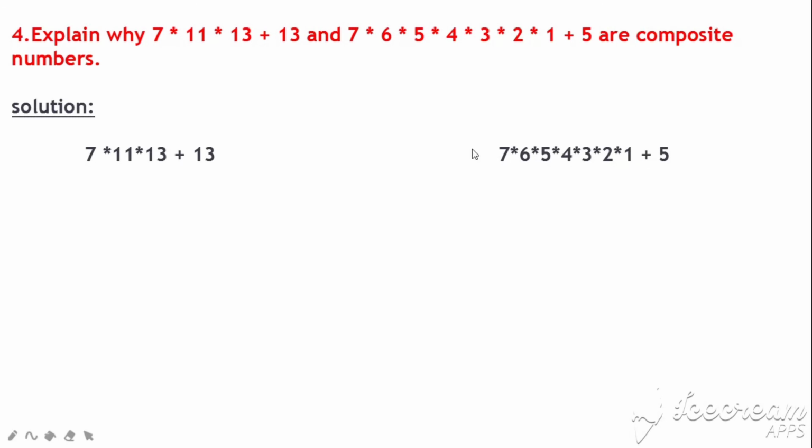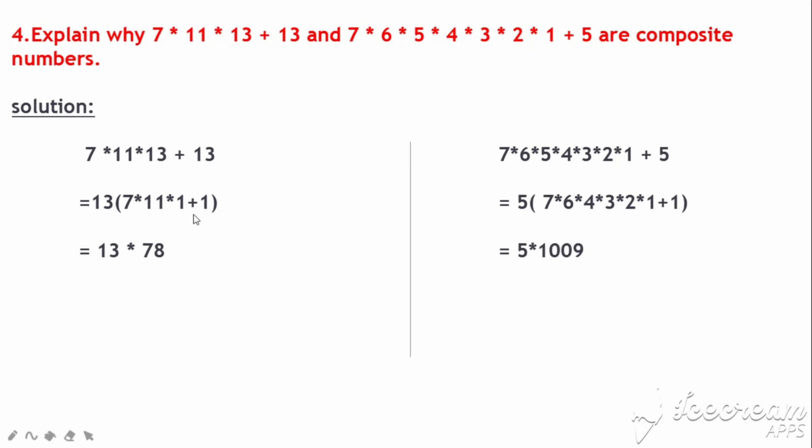I have taken these two numbers separately, and I took 13 common from this number because here it is a multiplication operator and a plus operator. So you can take 13 common. When I take 13 common, I get the equation like this. On the other hand, when I take 5 common, I get the equation like this. Now I multiply and add all the numbers here, and in a similar way, I multiply and add all the numbers here.